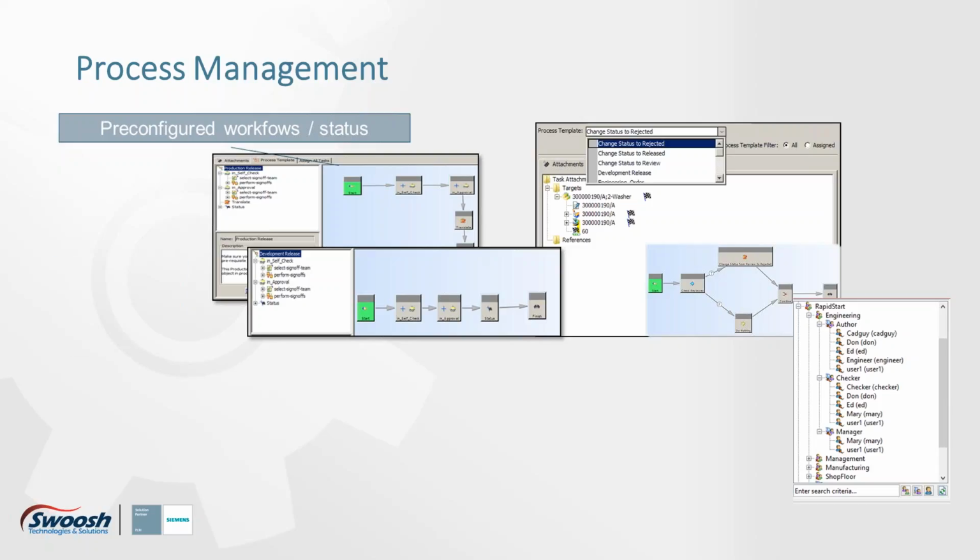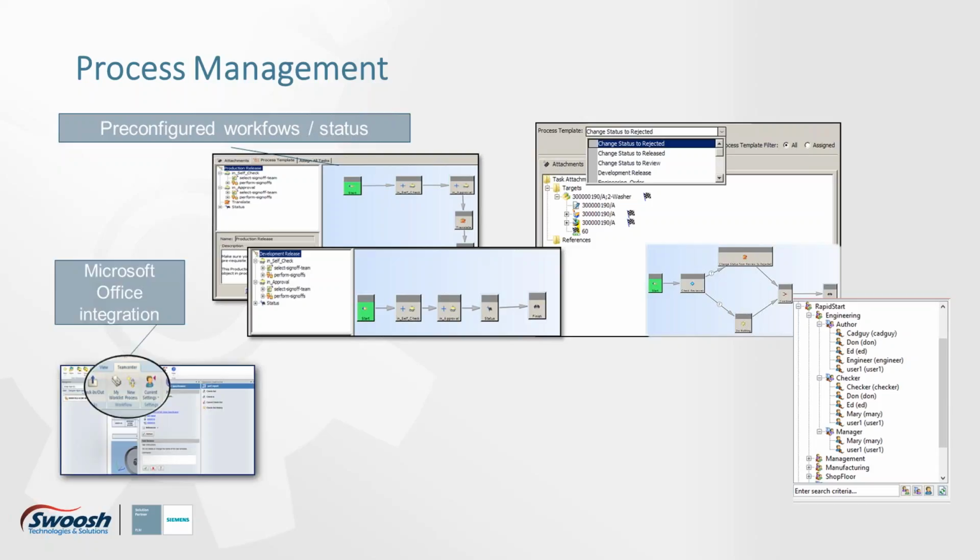The other cool thing with the integration is that for any workflow that's created within Teamcenter, there's an automatic email that gets sent out through Microsoft Office, through Outlook, and people will get notified, hey, you've got a task waiting for you. People can sign off on work orders, workflows, and engineering change orders directly through Microsoft Office. They'll be able to see the packets as they come in, all the data that's related to it, through either the rich client or Office, and get their tasks done and get their job done right there.